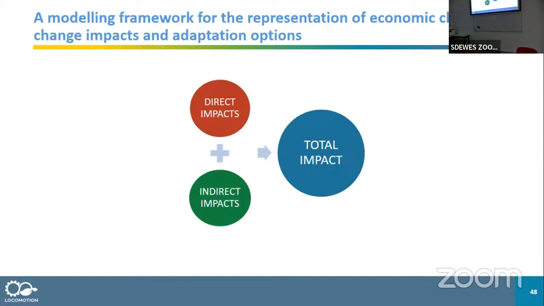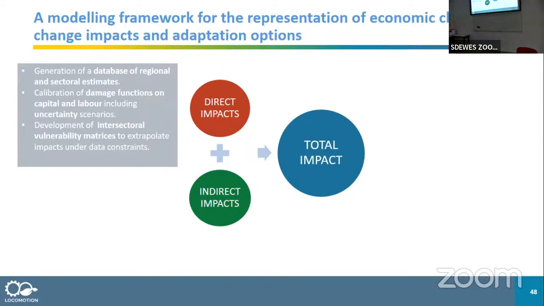So to explain this modeling framework from another perspective, let's say that total impact is the sum of direct impacts, those on capital stock and labor productivity so far, and indirect impacts. For calibrating the direct impacts, which are the DAMAC functions, we have generated a database through literature review of regional and sectoral estimates, and we have calibrated so far DAMAC functions on capital stock and on labor productivity. We have included also, for the case of capital, which I will explain after, some uncertainty scenarios, because we are using